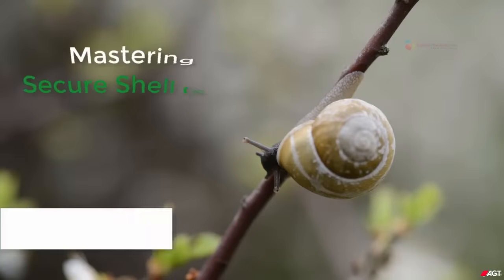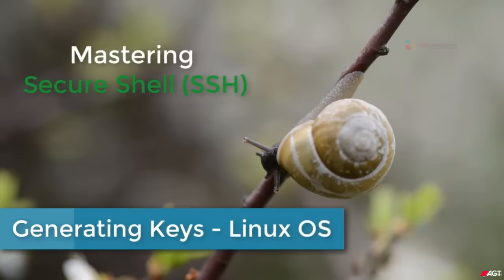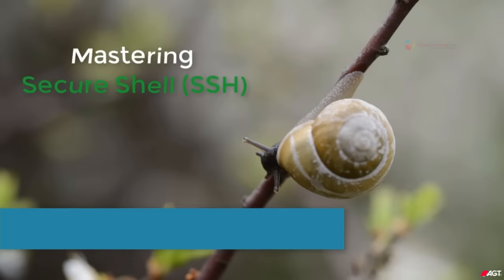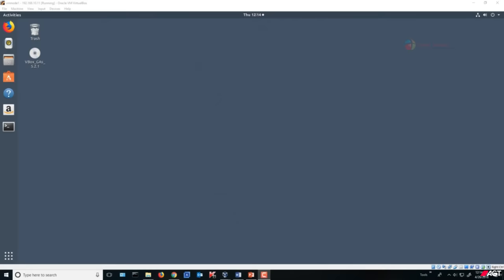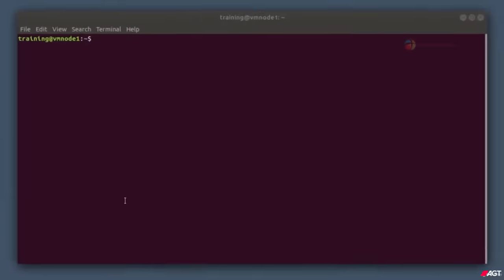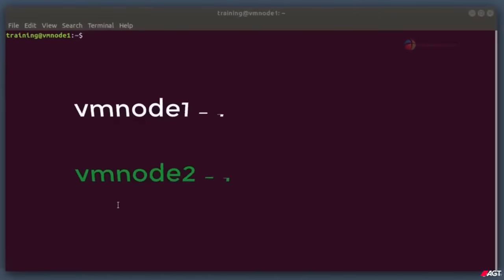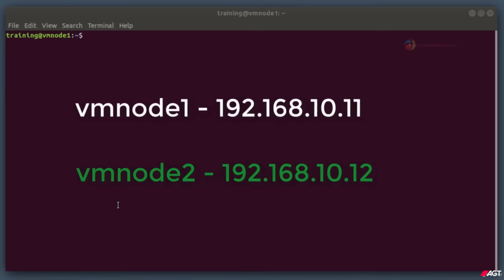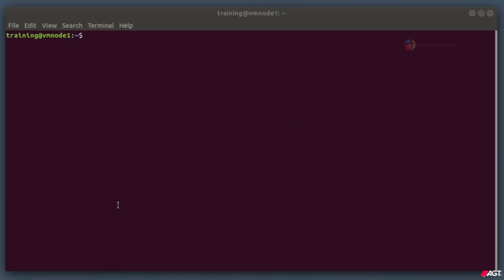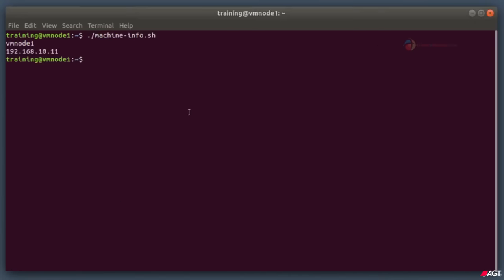Hello everyone, welcome back. In this video, we will generate the public key and the private key on a Linux machine and use them to connect to a remote Linux machine. We will use VM node 1 and VM node 2, and by now you must be familiar with the IPs. They are 192.168.10.11 and .12. Here is our VM node 1 machine, and I just ran